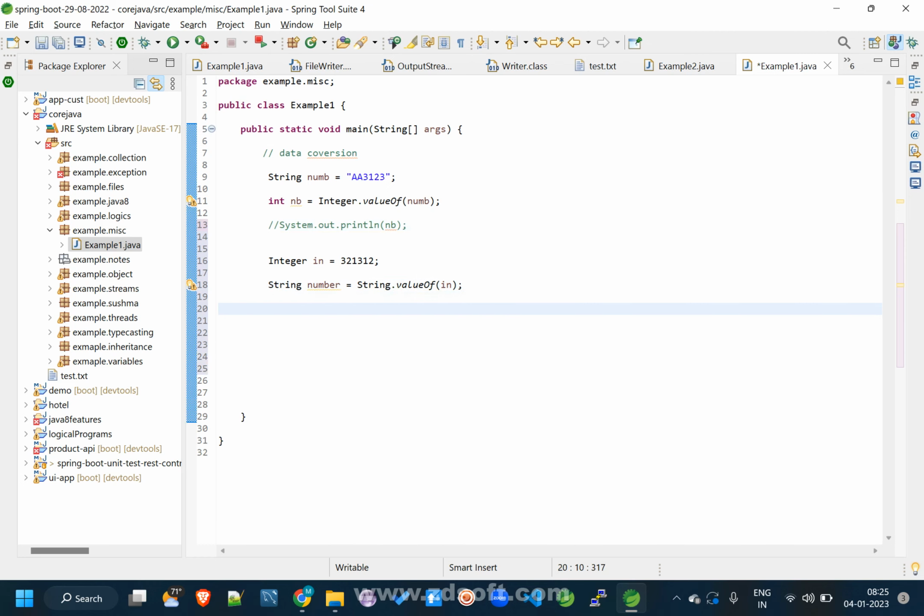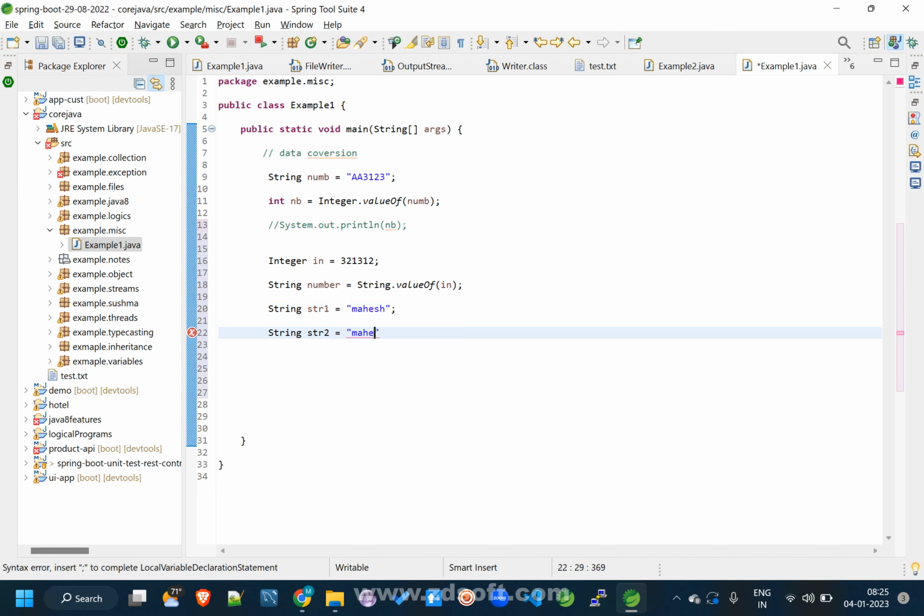Suppose I have one string, which we already discussed, I think. String str1 equal to Mahesh. If I give str2 equal to Mahesh, when I compare these two values, it will give equal, because these values are stored inside the constant pool, so they map to the same memory location. So it is going to give